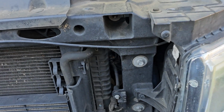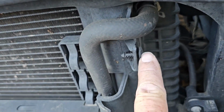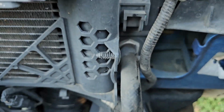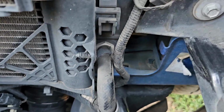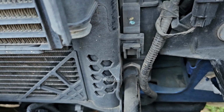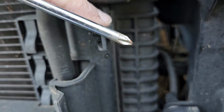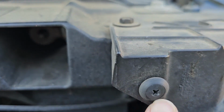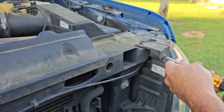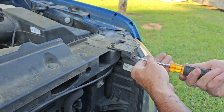Okay, as you'll notice, here's your little fasteners, I put mine back in so I wouldn't lose them. I bought some new ones in case I needed them. You can go to Harbor Freight and buy a whole box of them for $16. You got a fastener here on the driver's side, the bottom of the radiator, and then one here at the top. And you got this type right here. I'll show you. It's really not holding a whole lot. You take this all the way out